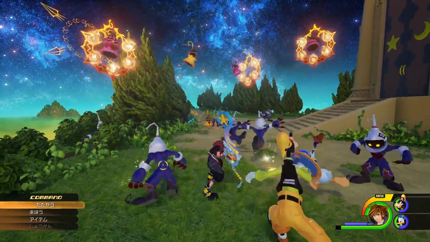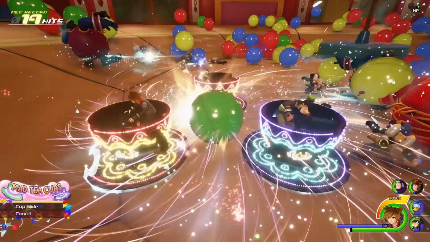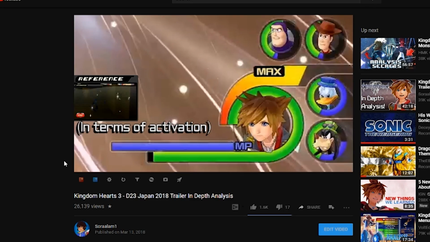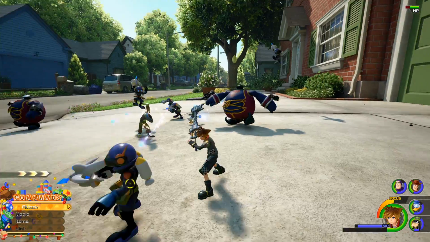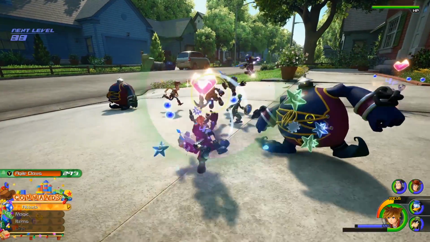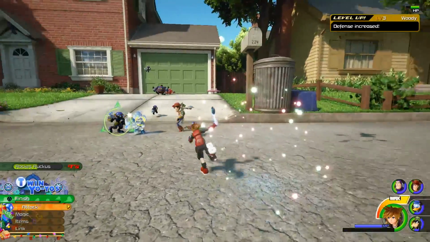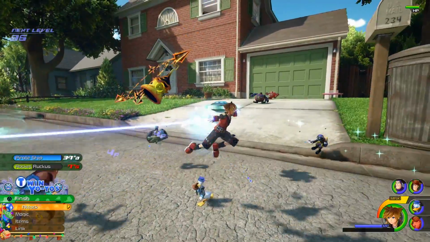Over and over on my streams and in some previous videos, I always called that I thought attraction flow would be like the new reality shift from Dream Drop Distance, and it works just like that. After this event, what do you know, I was right again. Activating attraction flow is extremely similar to activating a reality shift from Dream Drop Distance, and that is whenever an enemy gets this marker over him, you just have to attack him a little and you will unlock the attraction flow